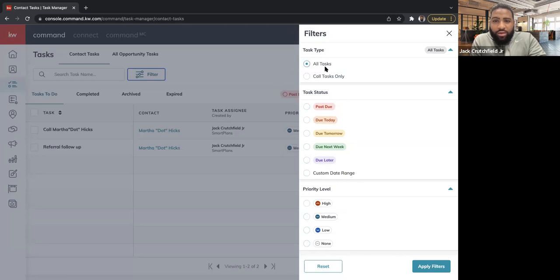Now, the beautiful thing about here is we have all tasks. All tasks would be something of the sort of if I need to schedule the stager for the MLS photos, I need to make sure that everything is squared away for this weekend's open house, or I need to actually send an email, follow up with the lender, all types of tasks related to you and your business. So that will be along the all task